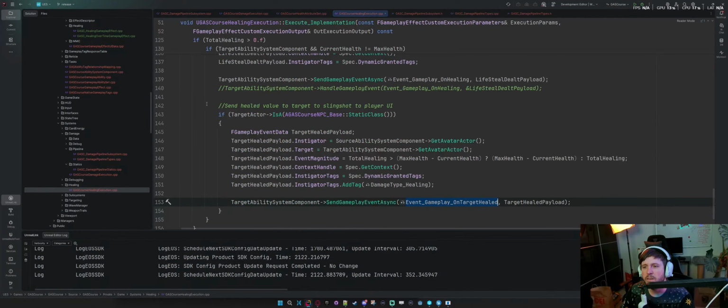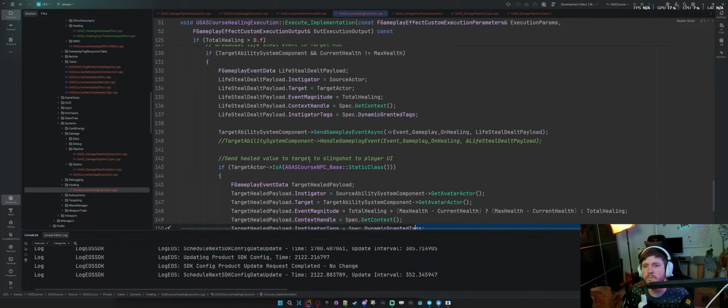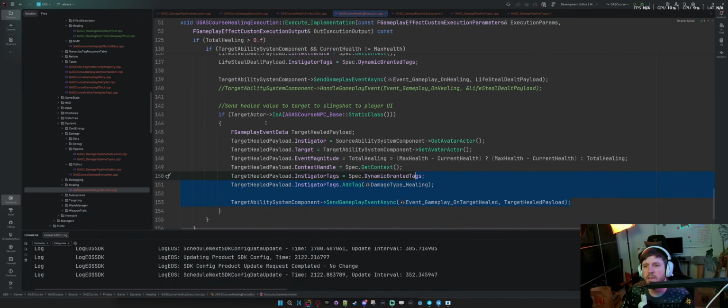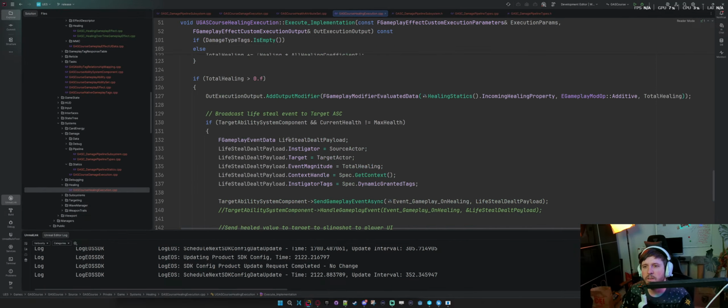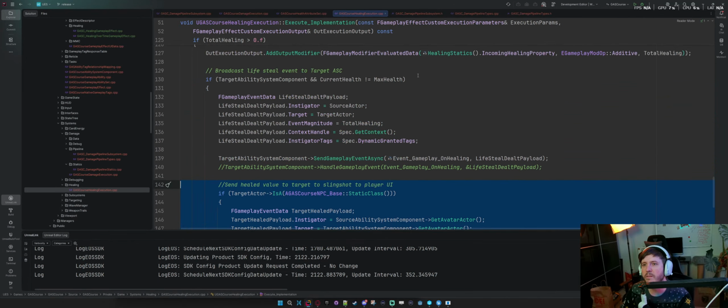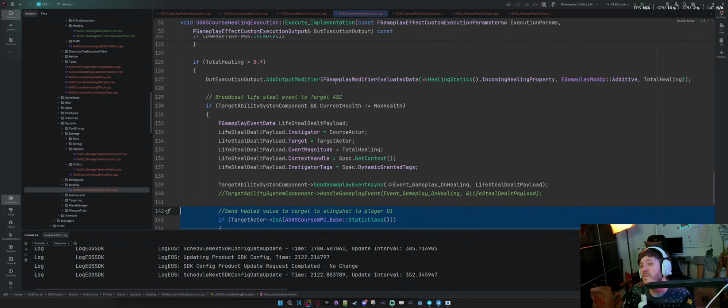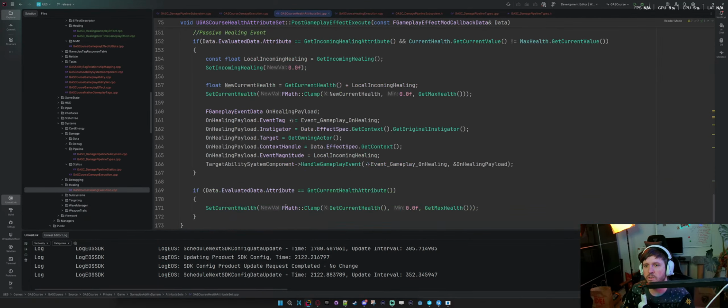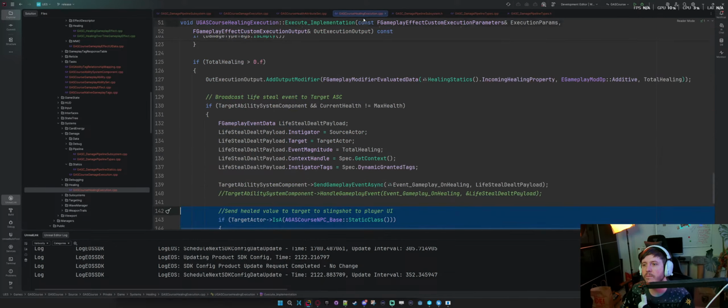Let me go to the healing execution class. Yeah, so I am sending potentially in two places, right? So, well, this is telling me I healed somebody, and then this is telling me I'm healing, right? So it feels like this is redundant because it's saying event gameplay on healing.